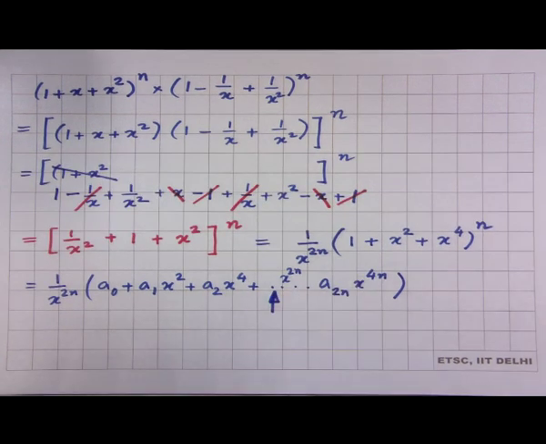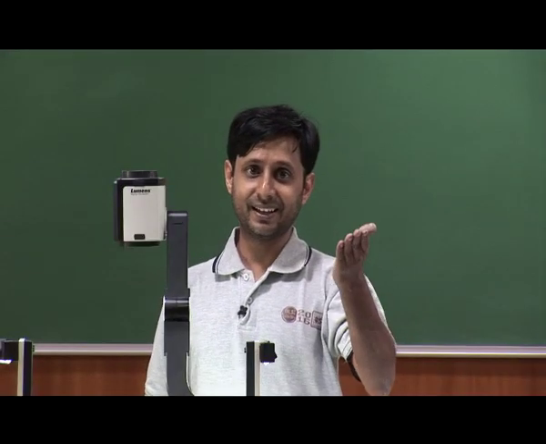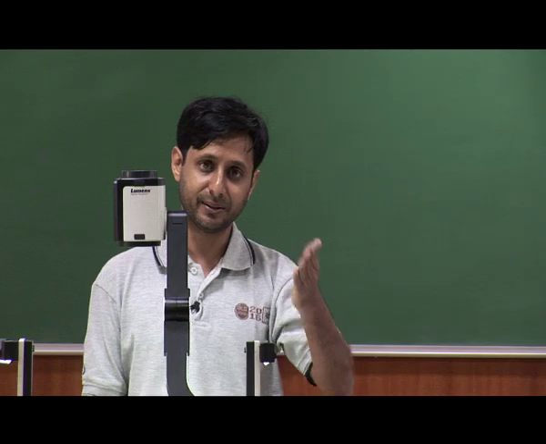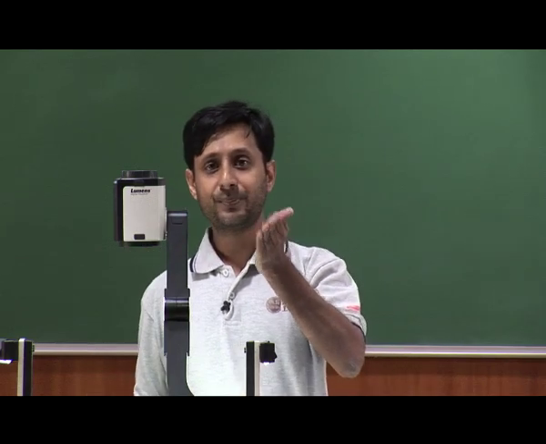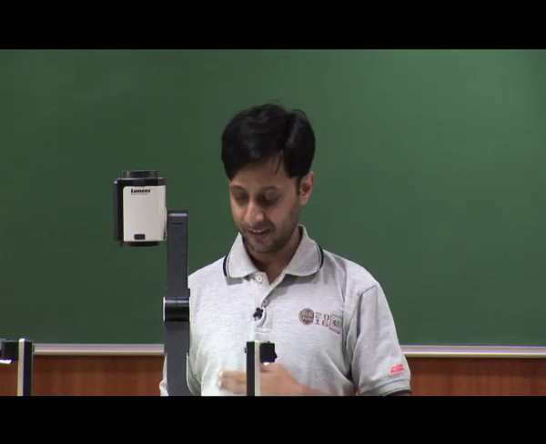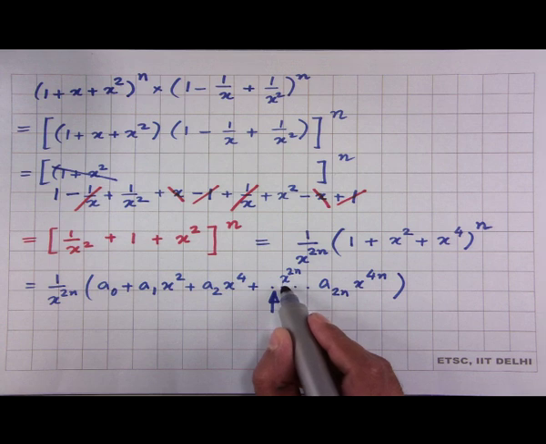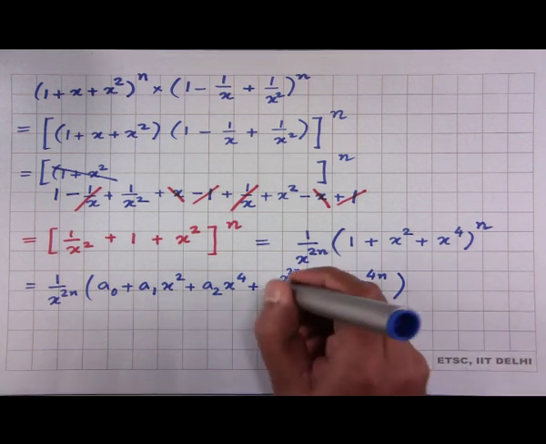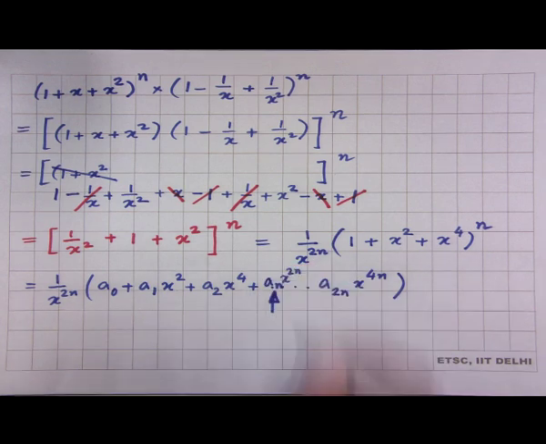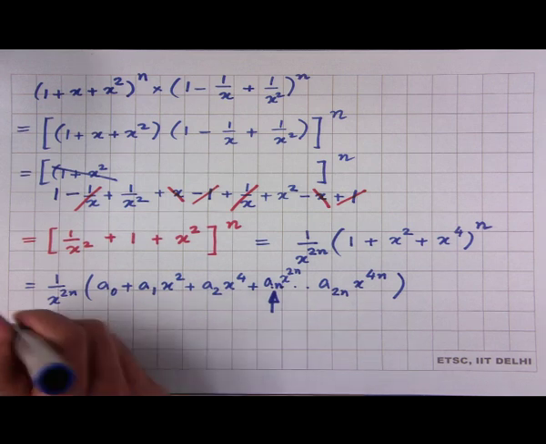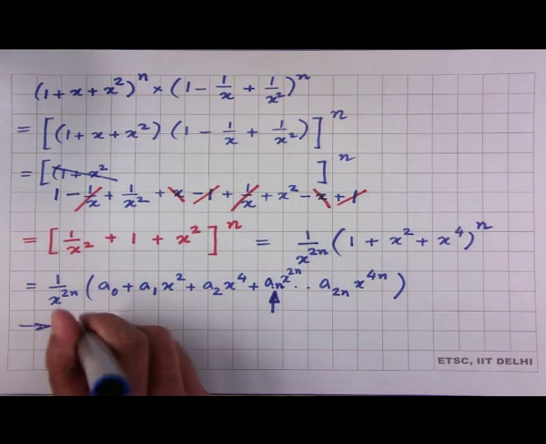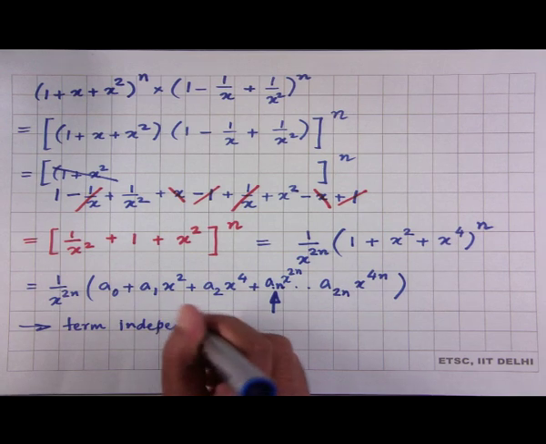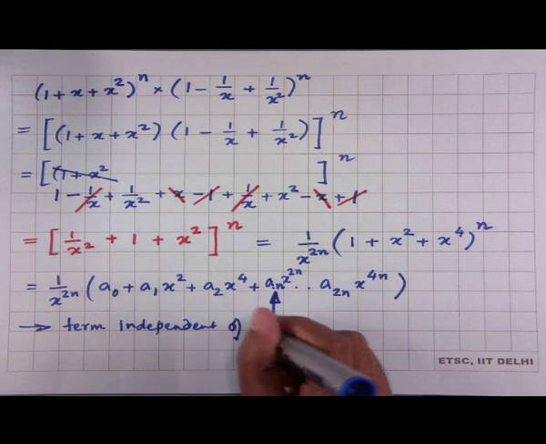What is that term? That is the nth term, right. A 0 x power 0, a 1 x squared, a 2 x power 2 times 2. So, what is going to be x power 2 times n? The coefficient is going to be a n. Fine. So, the term independent of x is nothing but